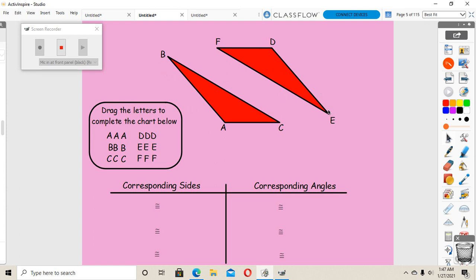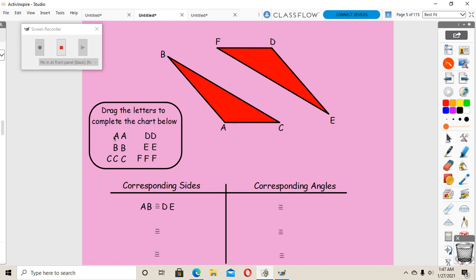Then we check the next side, AC is congruent to